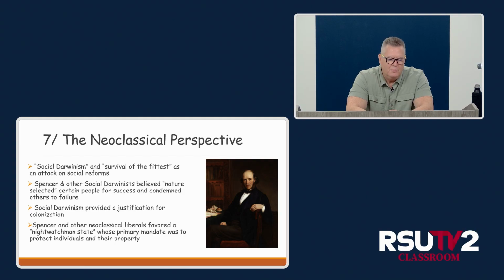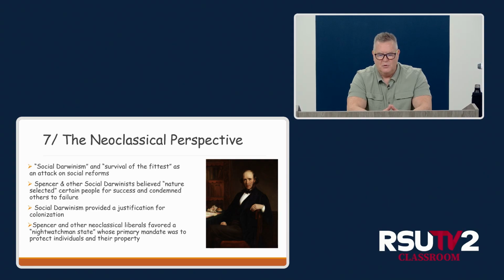People like Herbert Spencer, who was a big advocate of social Darwinism, believed that nature selected certain people for success and condemned others to failure, a kind of secularized Calvinism. Social Darwinism provided, again, a justification for colonization, that these people were simply not good enough to prevent us from taking them over, therefore they're obviously inferior to us on a civilizational level, and we have an obligation. The white man's burden was sort of the